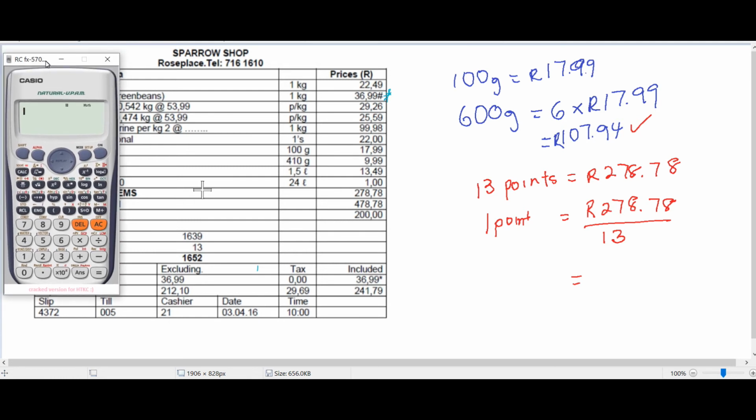Well, okay. So you say 278.18, and you divide by what? Divide by 13, which is the number of points when you purchase 210. So the answer you get is